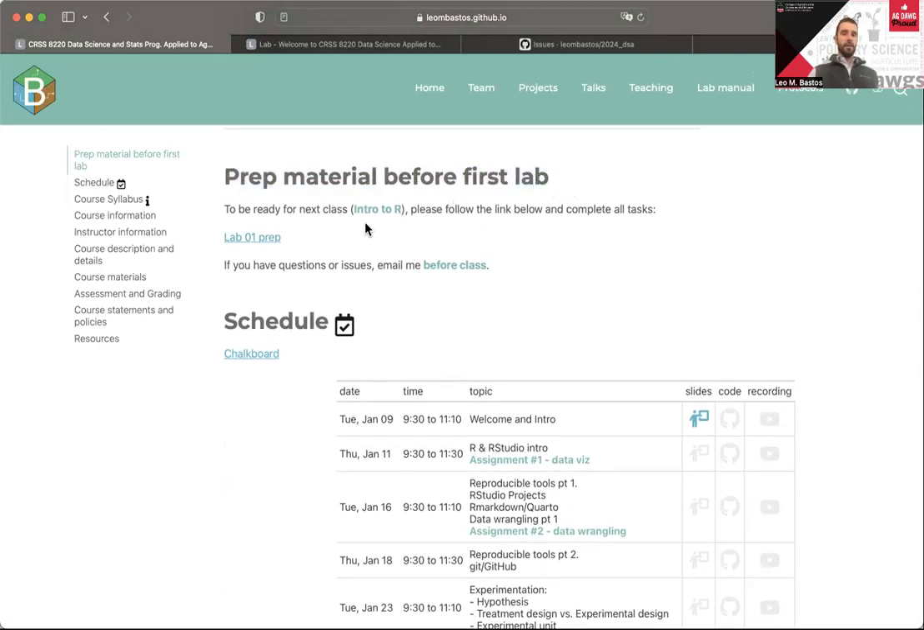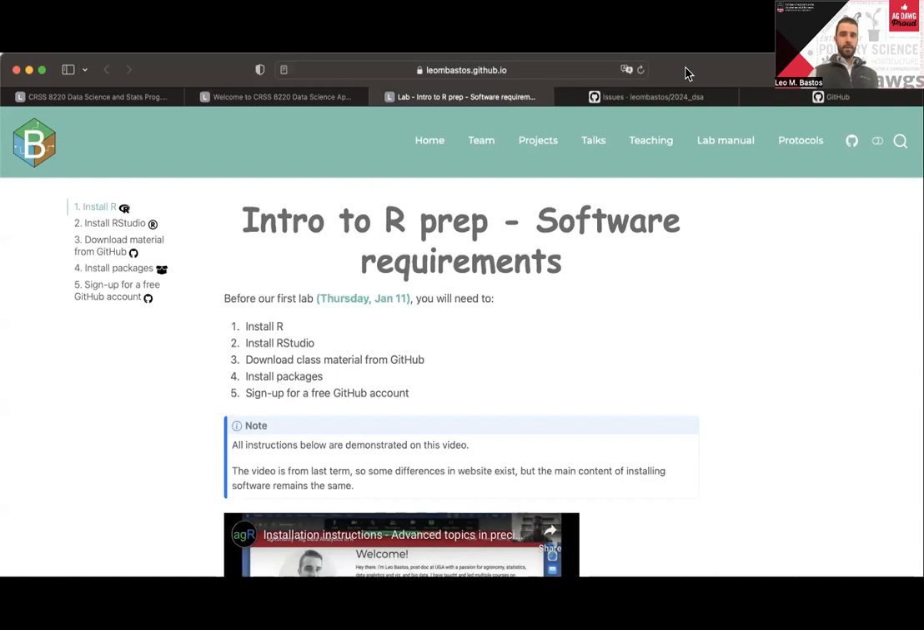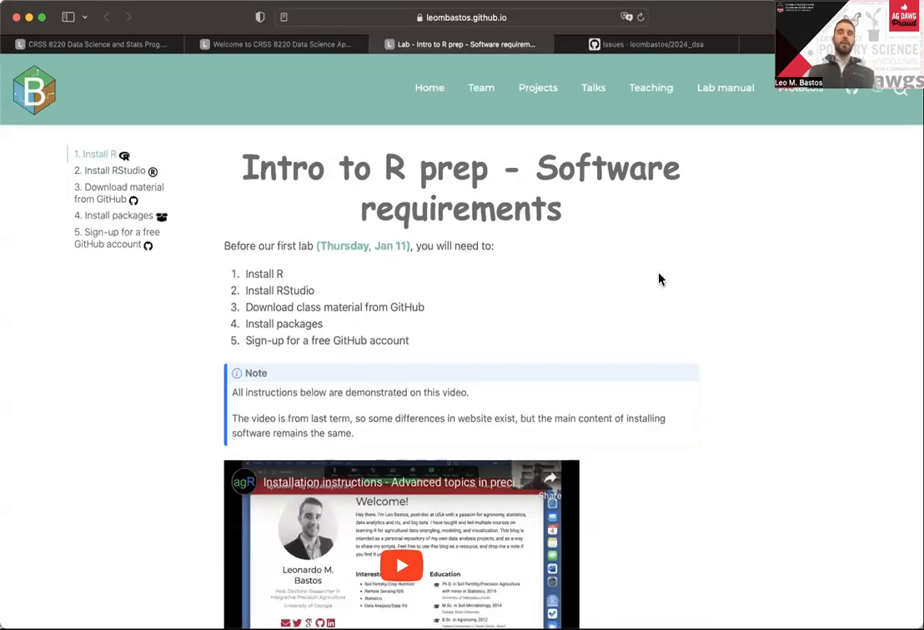So I want you to come here and click on that lab 1 prep link. This is going to open a new window for you that has some instructions there. So if you do not have yet R and R Studio, you will be required to download and install those. If you have never used R before, I just want to make one distinction here: the software that actually runs everything that we're doing is R. R Studio is just a